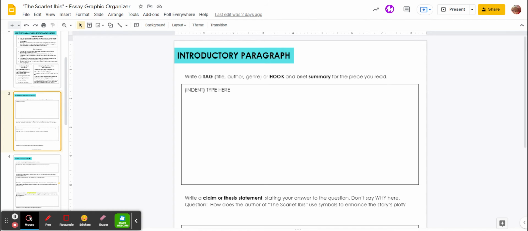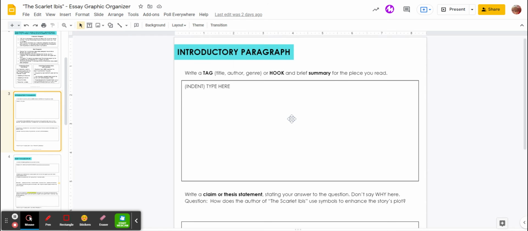the Scarlet Ibis is a heartbreaking short story written by James Hurst, in which a young boy is disappointed when his baby brother is born with issues or something like that. Okay. And then you're going to write me a couple more sentences of summary. So this whole tag with the summary is going to probably be about 3 sentences, maybe 4, somewhere in that